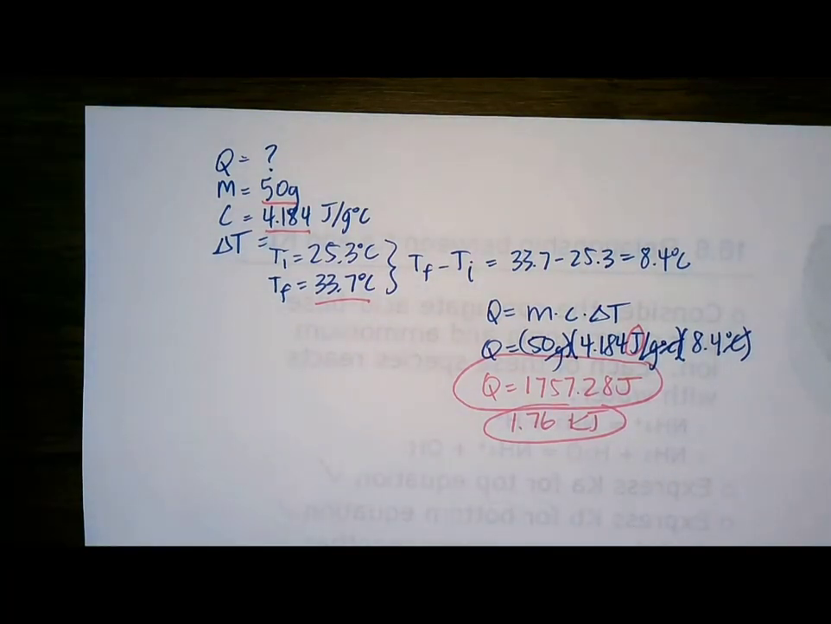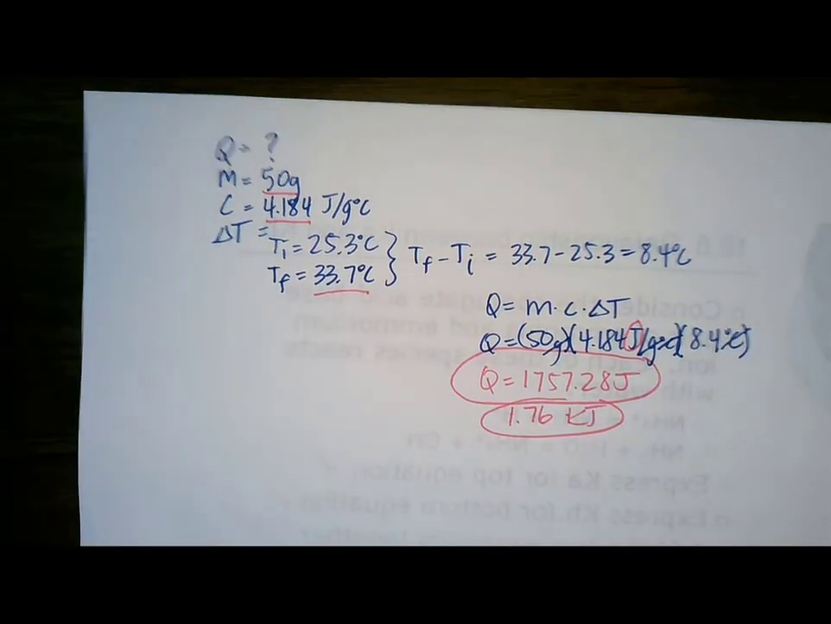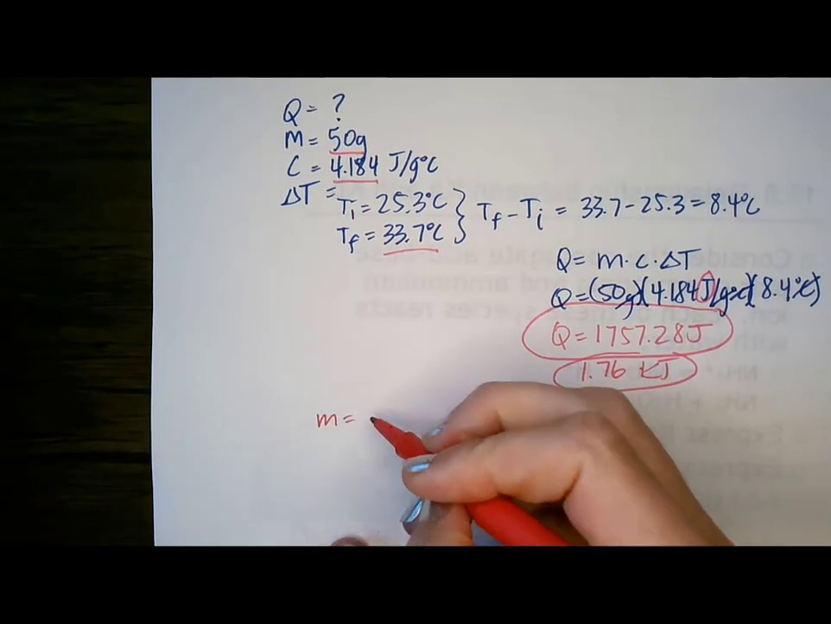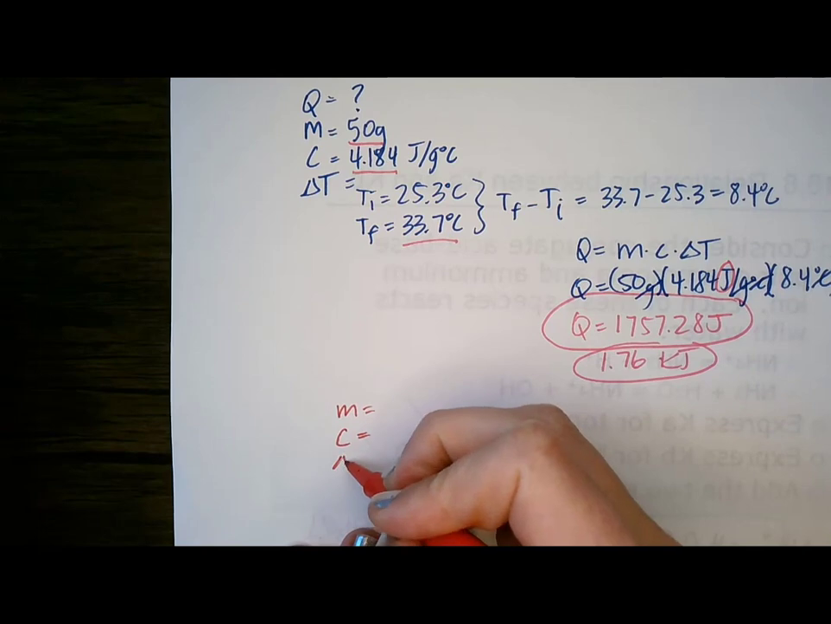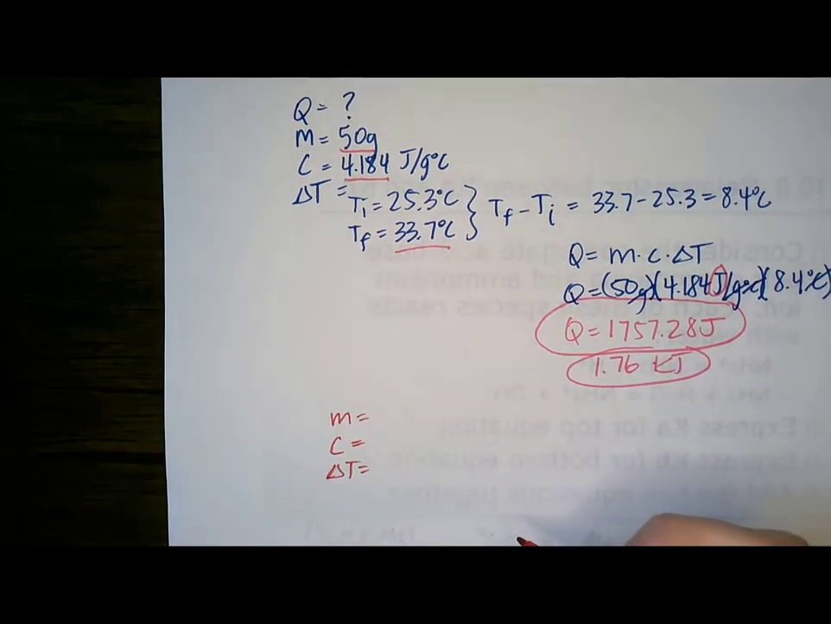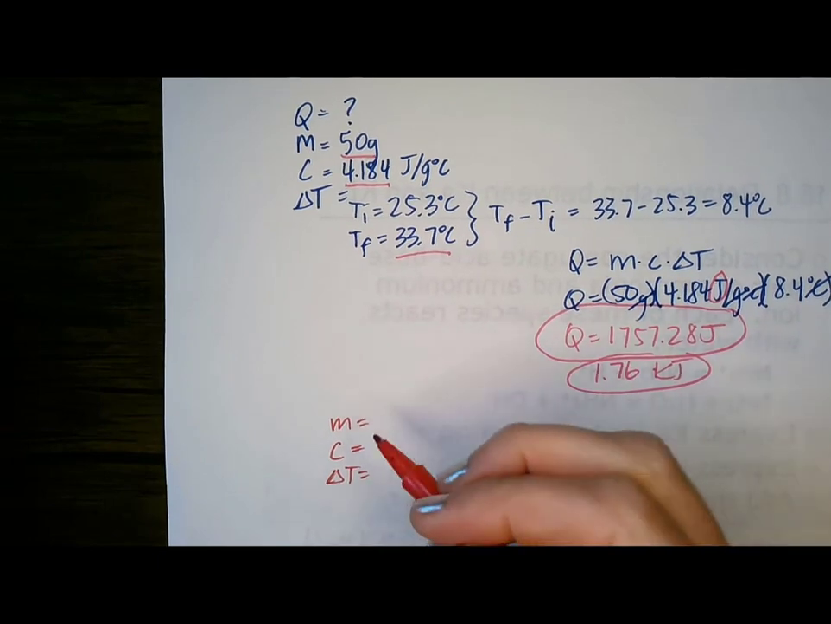Let's look at the next one where it says how much energy. So again, we're going to find Q. So let's see, we've got to know a mass, a C, and a delta T. It says that we have a cup of coffee, 250 milliliters. So we know